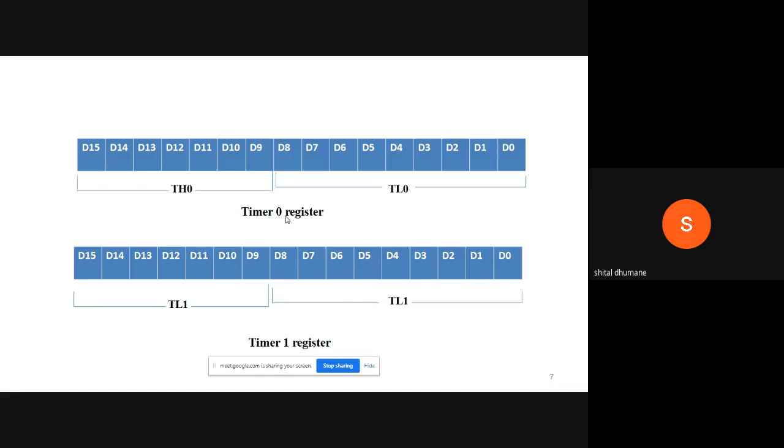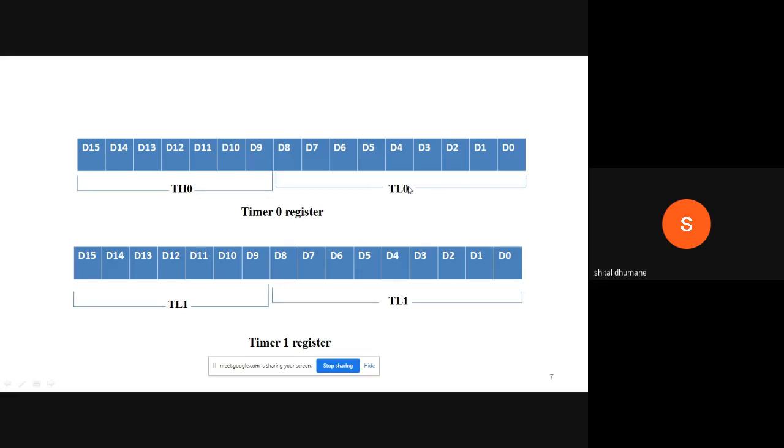You have to use the 8-bit registers separately. For timer 0, the lower bits are in TL0, these 8 bits, and the higher bits are in TH0. That means the 16-bit register of timer 0 is divided into two 8-bit registers, TL0 and TH0.